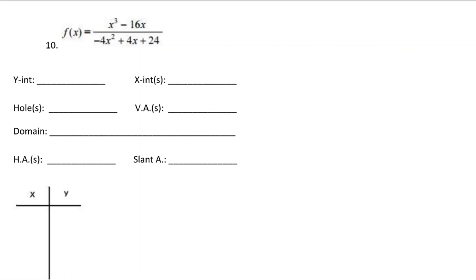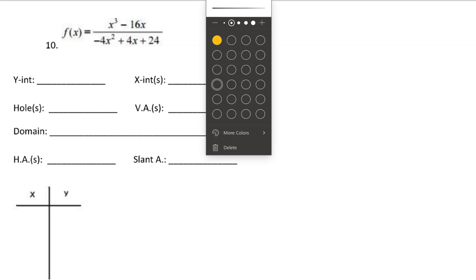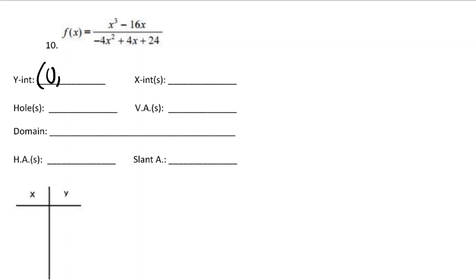Okay, so question 10, I'm going to start off with y-intercept, because all I have to do is plug in 0 for x and solve. So I get 0 over 24. 0 divided by 24 would be 0. And I know the origin's not just the y-intercept, it's also an x-intercept, so I anticipate this to be part